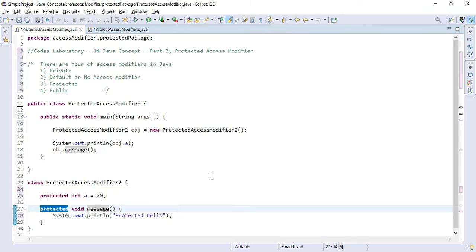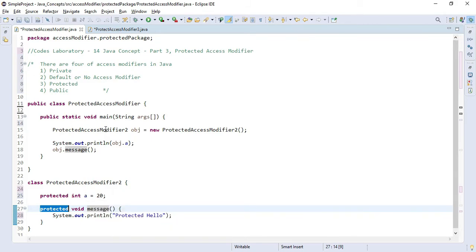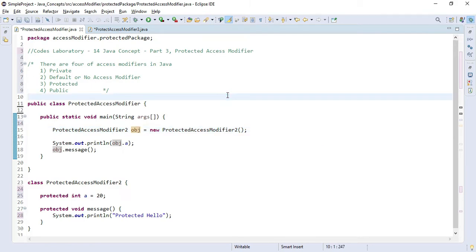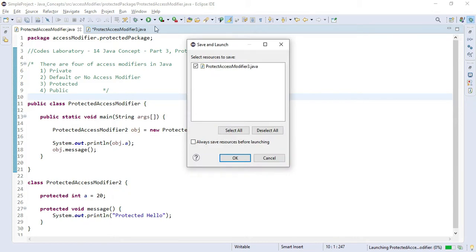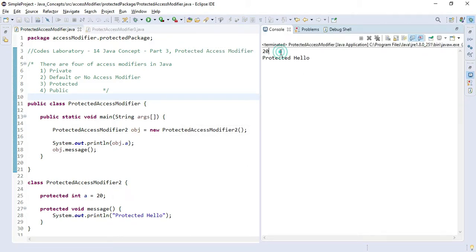As you know, these are an instance variable and an instance method, so to use them in another class we need to create the object first, and then with the reference of our object we can call their properties. Let's execute this program and see what it says. Okay, we need to save it. As you can see, it says 20 and protected hello.